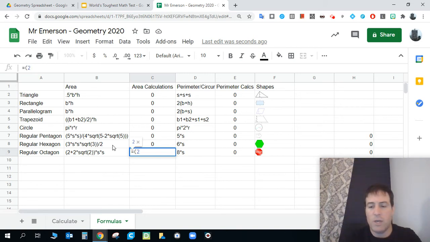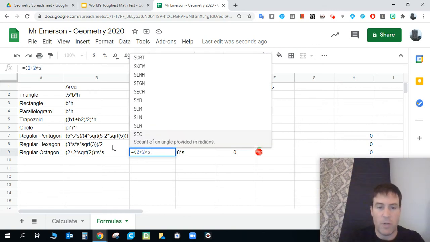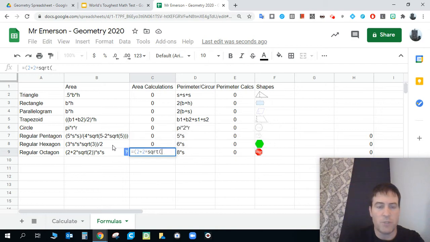We're going to do 2 plus 2. And you're like, 2 plus 2, isn't that just 4? Yes, but it's 2 plus 2 times, which means shift 8. And because it's 2 plus 2 times, order of operations means we won't add the 2 until we've actually done the multiplication first. Again, 2 plus 2 times the square root, SQRT, of 2, square root of 2, and then we're going to do another close parenthesis, that's shift 0. So again, we've got 2 plus 2 times the square root of 2, all of that in parentheses, and all of that multiplied by